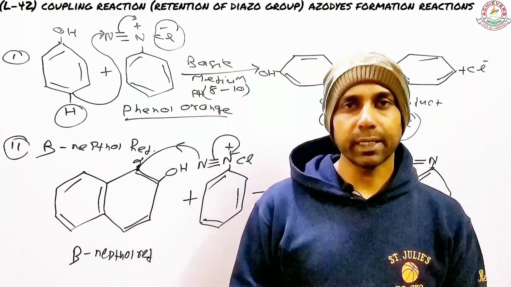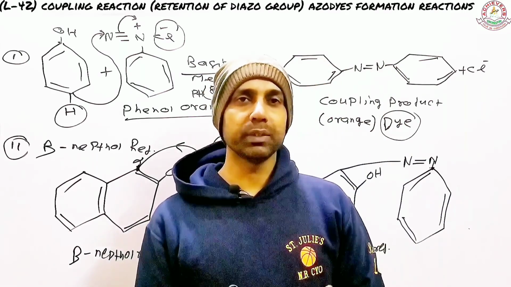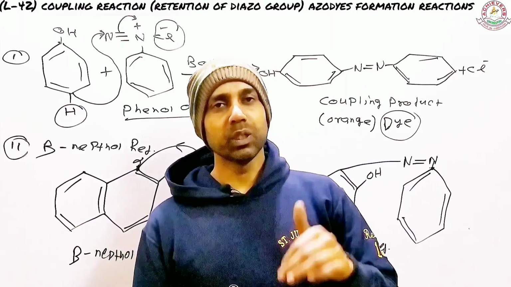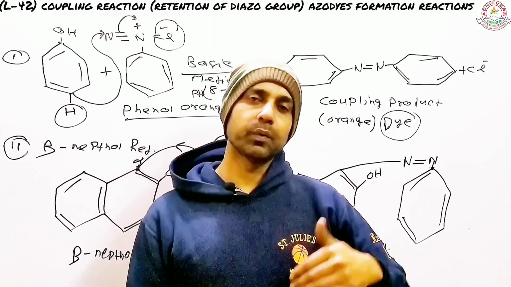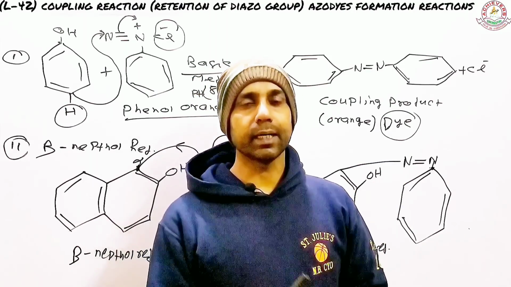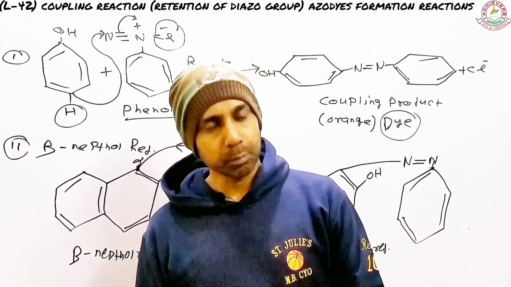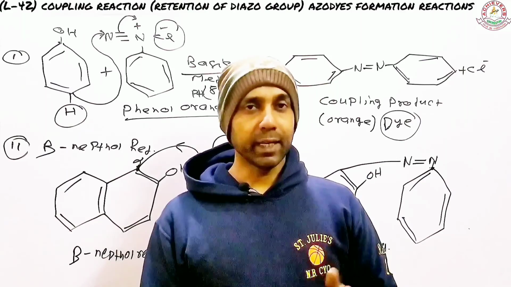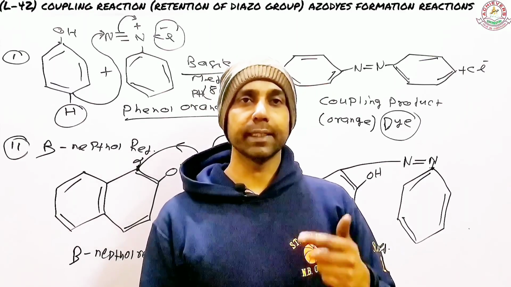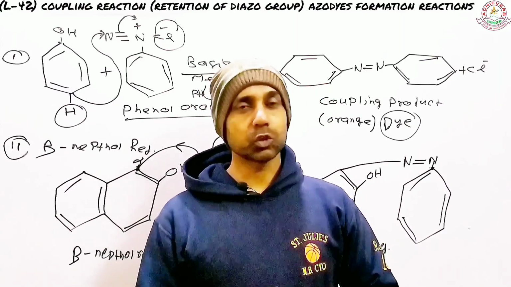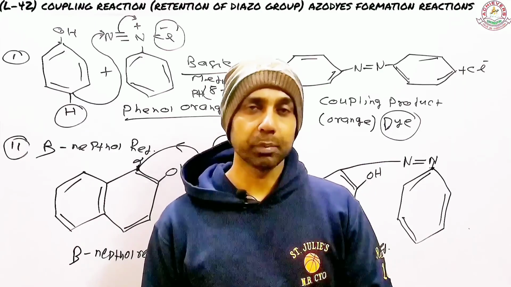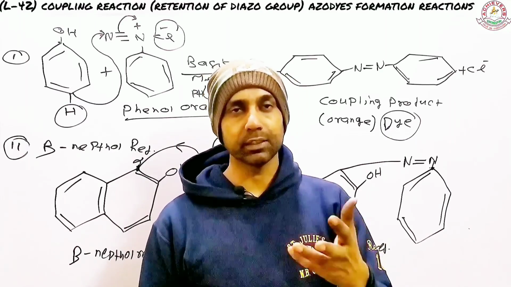This is called a coupling reaction because there is a bond being formed here in order to make the dye between the carbon of one of the reactants and the nitrogen of the diazonium salt. So that's why it's called carbon nitrogen coupling. This is also called the azo-diazo reaction. This is also called retention of diazo group. There are so many names you can imagine. You just need to practice with that and let me know how good or bad this was.